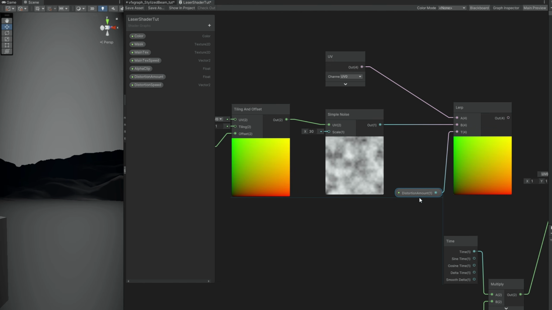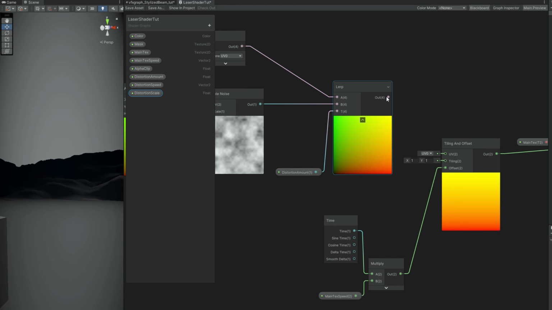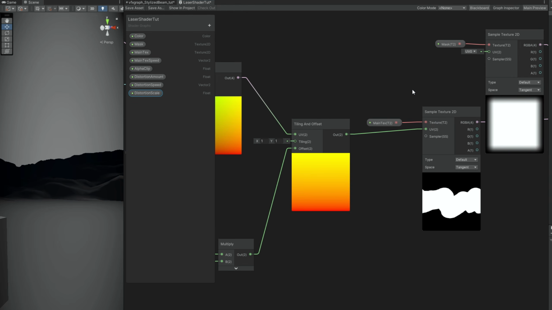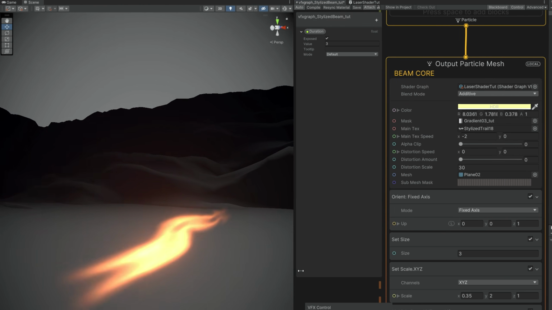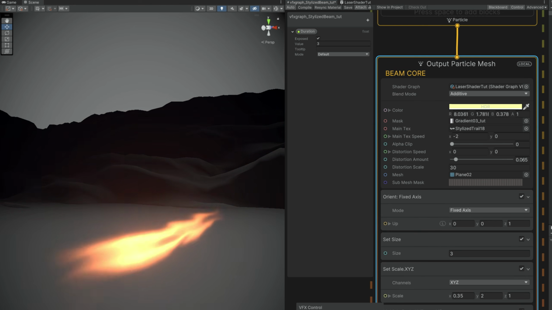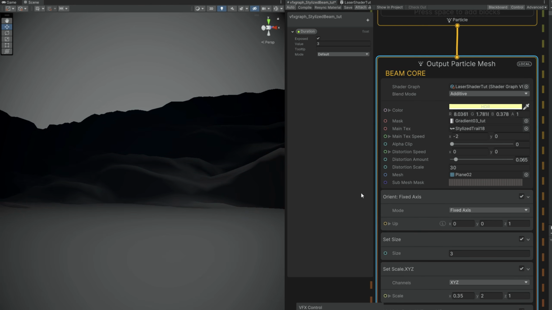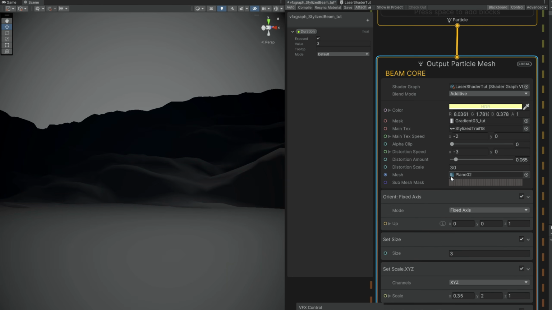We can connect it to the T input of the lerp, and one last float that we can add is a distortion scale. Connect it to the simple noise, default value of 30 by the way. And we can connect this linear interpolation node to the UV of the tiling and offset. And you may not necessarily see the change right now, because we need to increase the distortion amount. But once you do it, you can clearly see that we are animating the stylized trail. Great, so now let's set the distortion speed to -3, which is faster than the main text speed, and it will give a really nice sensation, a really nice distortion on the stylized beam.